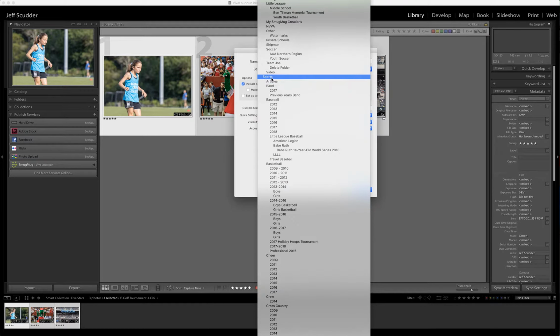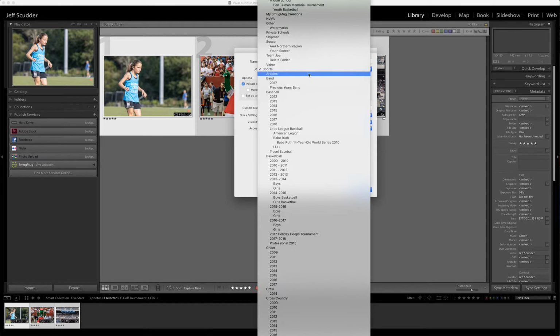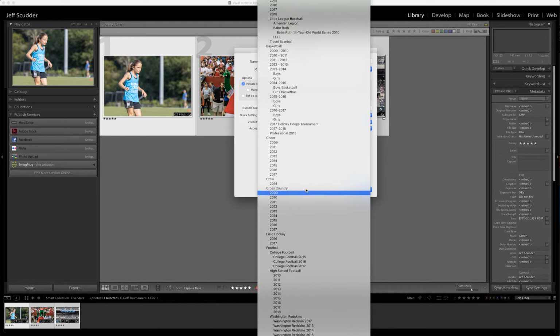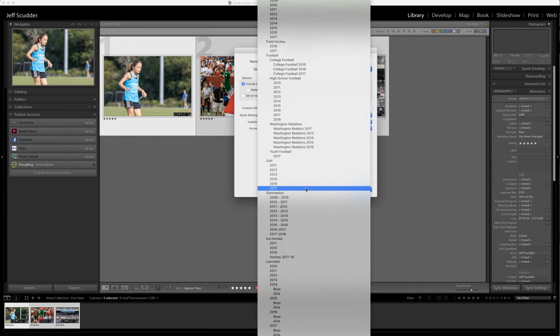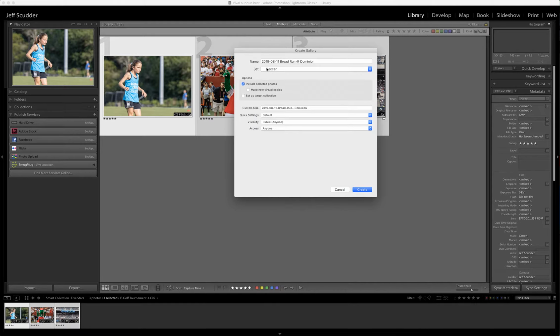Where you want to go down to is where it says sports. You don't need to click there, sorry. But here then are all the sports that we are going to use. So because I said this is soccer, I'm going to say sport soccer. You see these other ones, 2010, 11, 12, those are previous years' worth of soccer. If you just click here, sports soccer, that will be at the right directory when a user comes into our